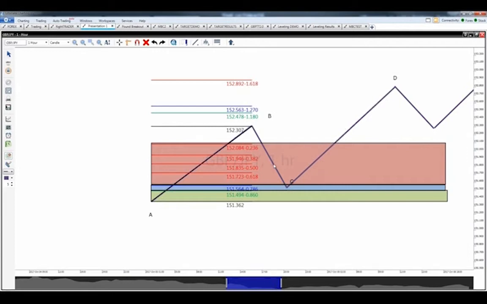Well, if my reversal takes place right here in the red zone, anywhere in this red zone, it's a much bigger buying area. I'm going to buy in that red zone, and I'm going to hold on to this trade as it's moving up, all the way up until it hits this red Fibonacci extension for the same reason. If I buy in this red zone based on where this has been in the past, and the math is doing the work for me, if I continue to hold past this extension, the law of averages kick in that this is most likely going to start to move against me.